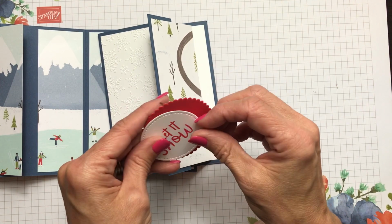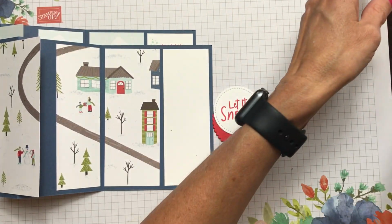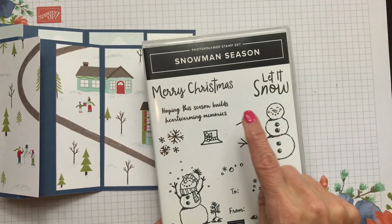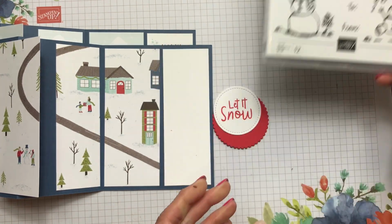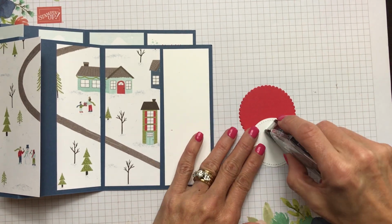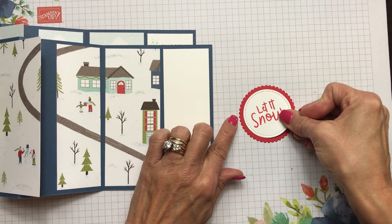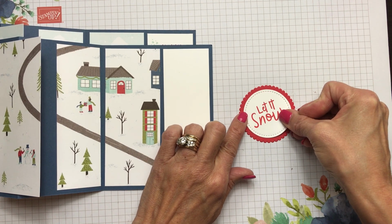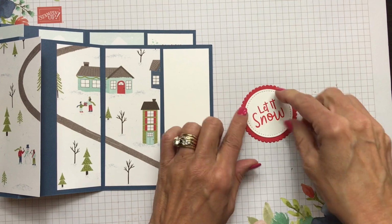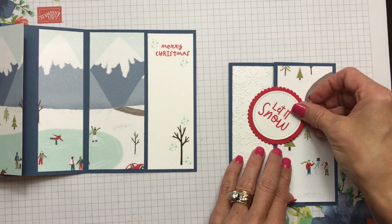So then I just went with a snow theme here, and I used the Let It Snow, which comes from the Snowman season. I just put that using my layering circles. I used a scallop to go around the stitched shapes dies, and then I just put that right on the